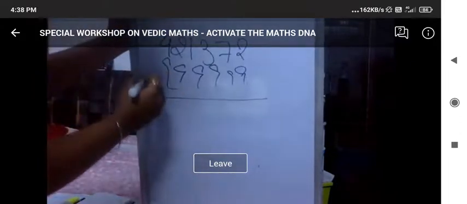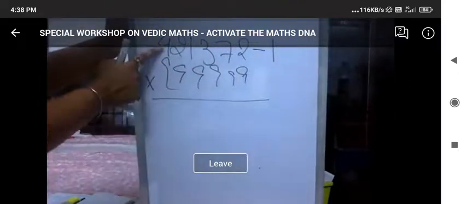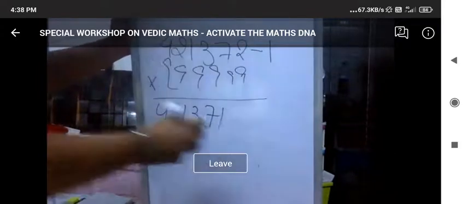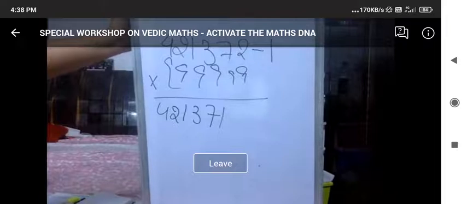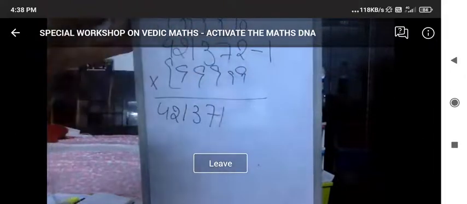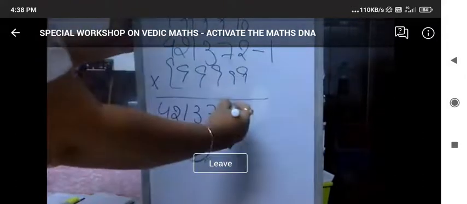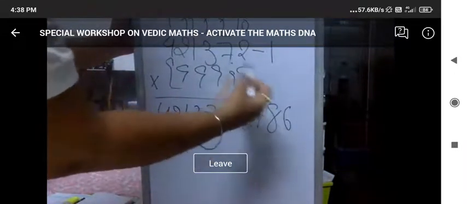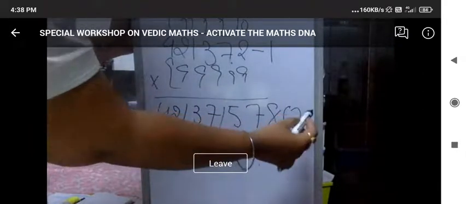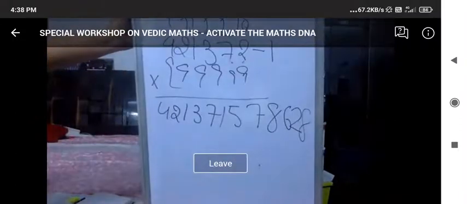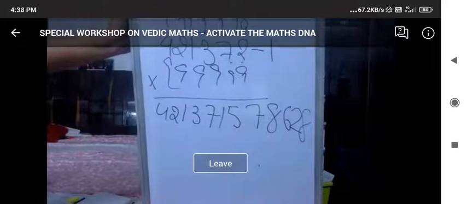We'll see. The first step was the predecessor of the number. So taking the predecessor of the number 421372 will give me 421371. Yes, that's right. The next step says subtract all the digits from 9 and the last digit from 10. We'll get 5, 7, 8, 6, and 2 from here. And in the end, it is 10, from which we have to subtract 1. So I get my answer, 9 here. So here is my answer. Hope you understood it. Hope it is clear.